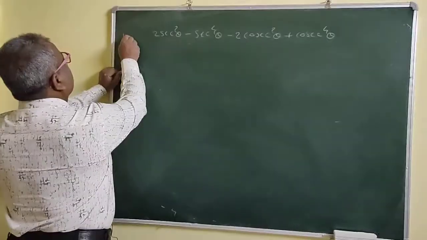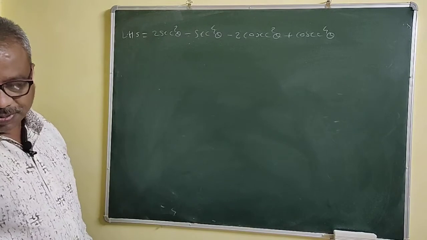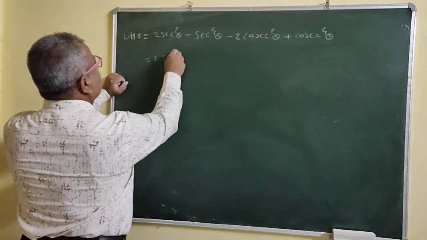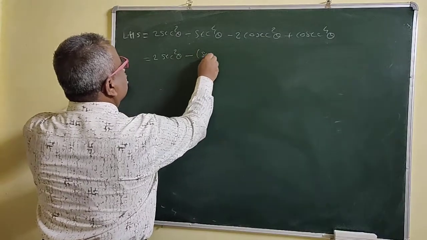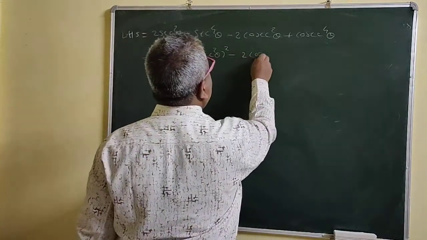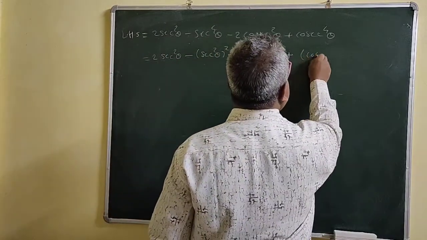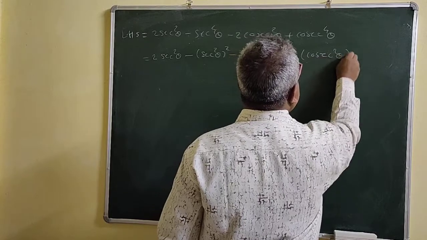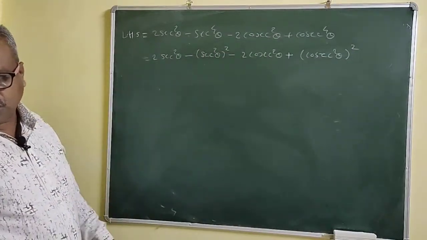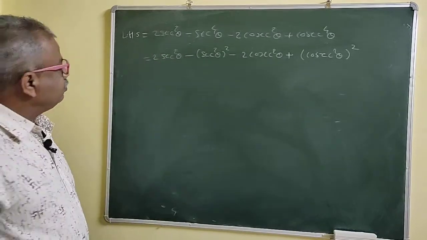Now see, this is your LHS. Write all in terms of tan now. So this is what then? 2 sec square theta, we'll write this as it is, right? Minus sec square theta bracket square minus 2 cosec square theta as it is plus cosec to the power 4, you can write cosec square theta bracket square. Now we express in terms of tan and cot. And just simplify, we must get the required result.